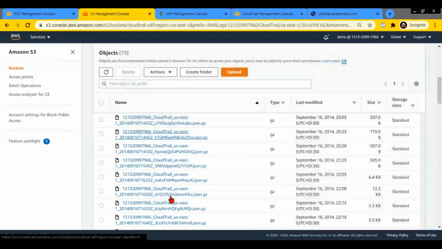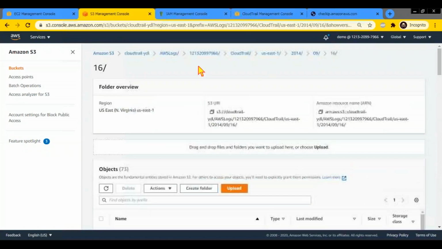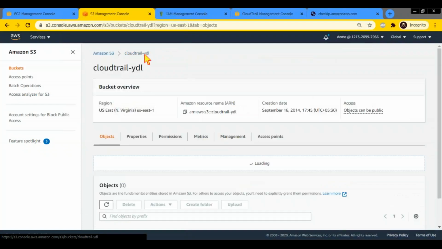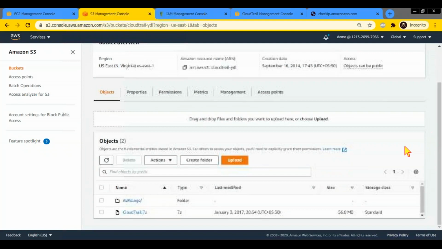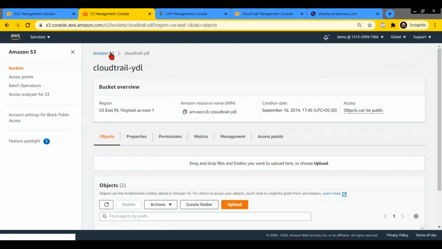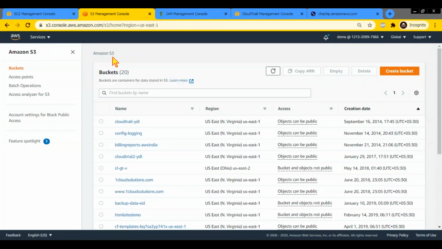For auditing purposes, for security purposes, you can have this. So mostly you might never use these things, but in big companies it is required to store the logs at least for 2 or 3 years. So you can keep it like this. You can apply a life cycle policy to put the old logs in Glacier or whatever, but it does not occupy much space, right? It will hardly cost you a few rupees to store these logs, right?